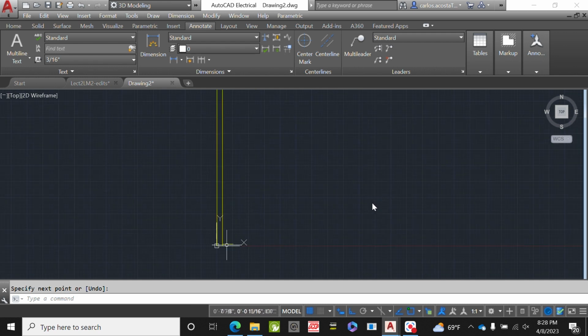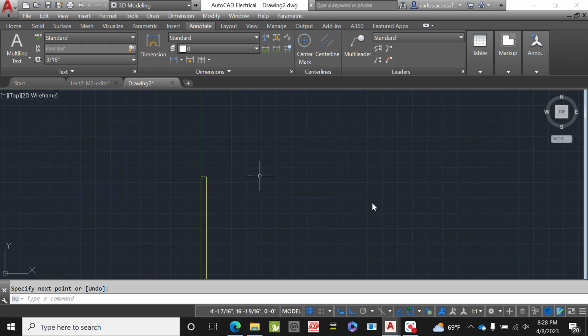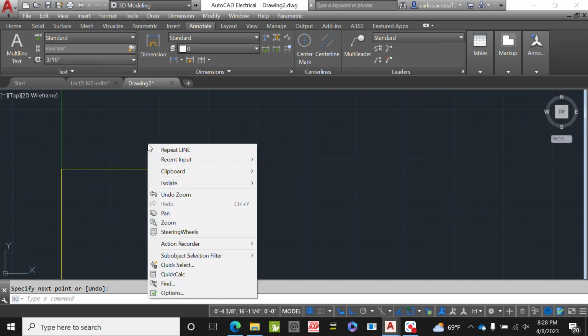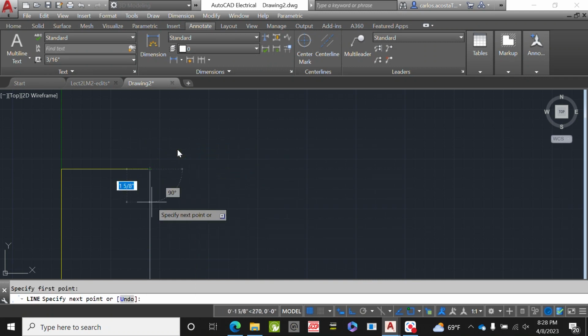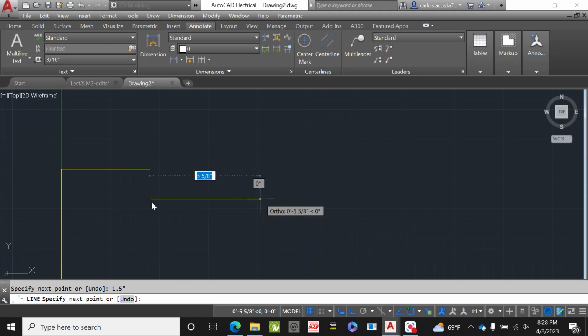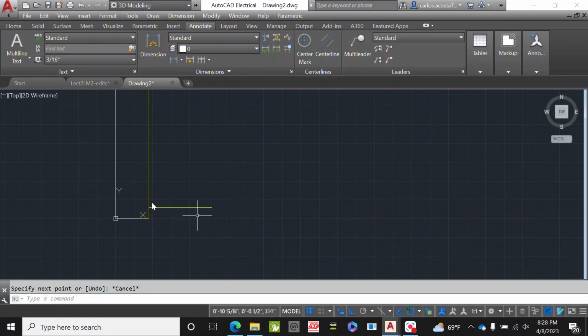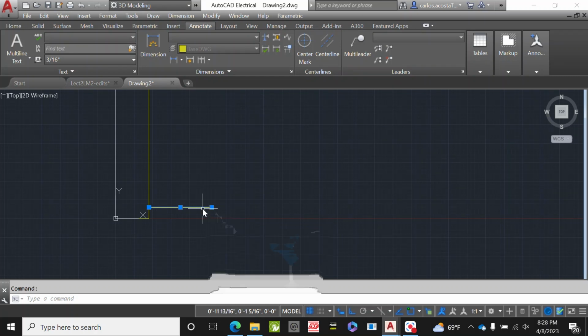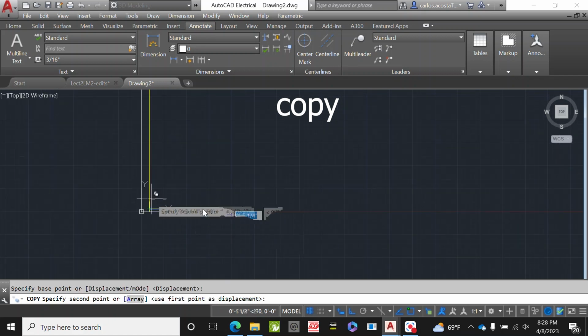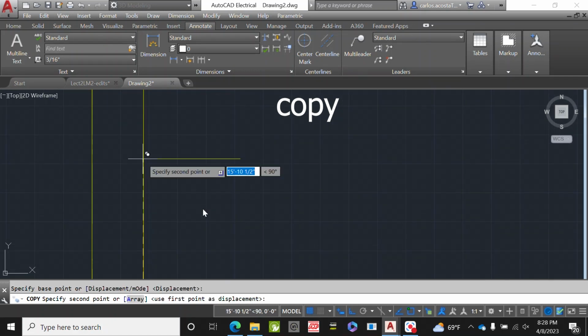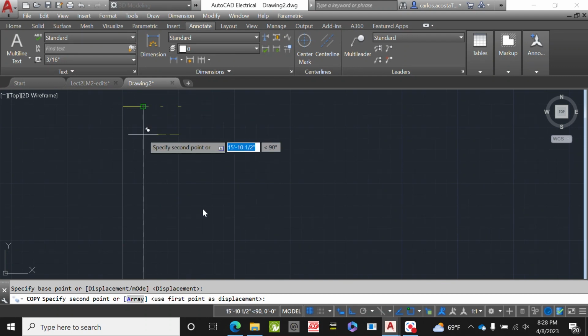Okay, so this is the first thing that we can do here. Do the same thing here, which is 1.5, or it could be different, whatever it is. I'm just going to assume it's the same to keep my progress. 1.5 inches, and then how far was this? Okay, so let's do something here. We can do copy, and this line, we bring it back to get rid of the orthogonal option. And we'll bring it back to,